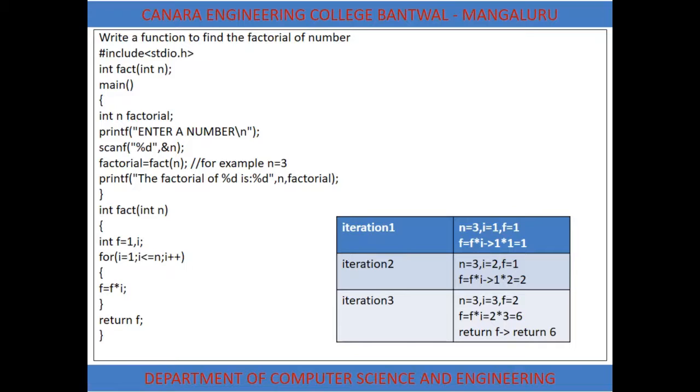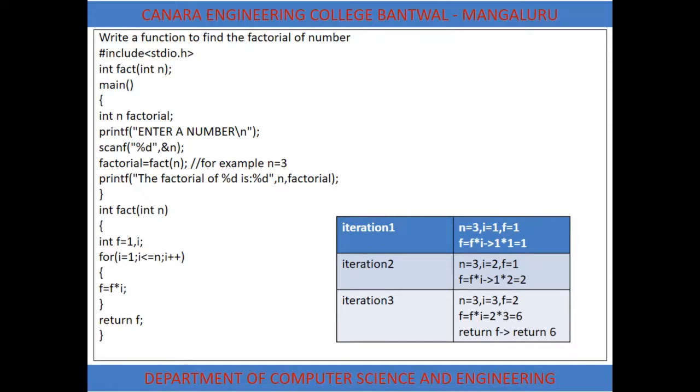Now write a function to find the factorial of a given number. So we have already seen the program to find the factorial of a given number. Now the same program we will write using the concept of function. So I have created a function here, fact, which would find the factorial of a given number. Now int fact, because the function will compute the factorial of a number and return the result back to the main function. So I have given it as int. Integer type is the type of the value returned by the function. Fact is the name of the function. Int n is the input accepted by the function.